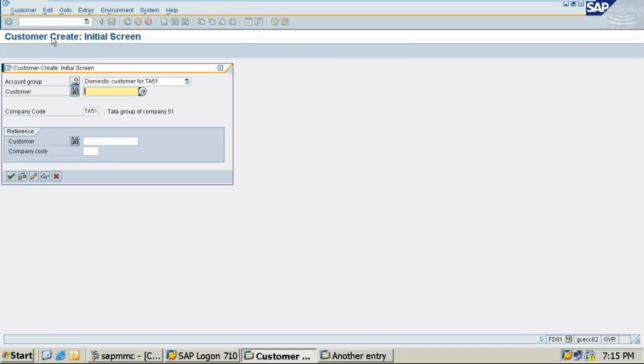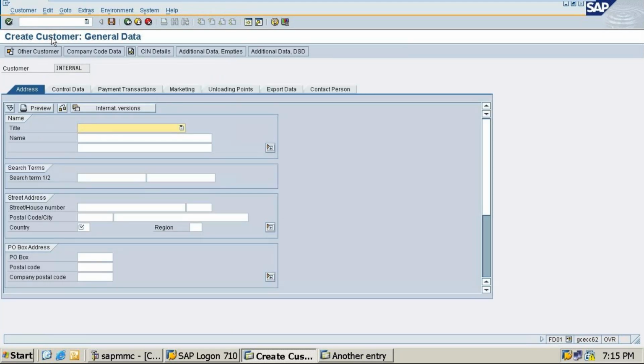You got the screen? Press enter. Create a new one. Title is company. Name, you give any customer name. Postal code, city, country, region, all these things you fill. Till this much you fill. After this, you need to enter this here. Other things are not required.